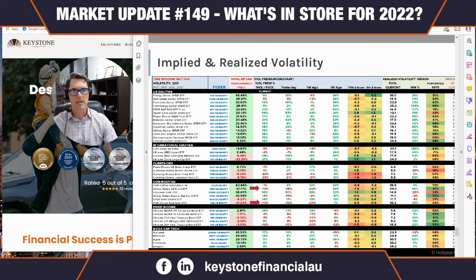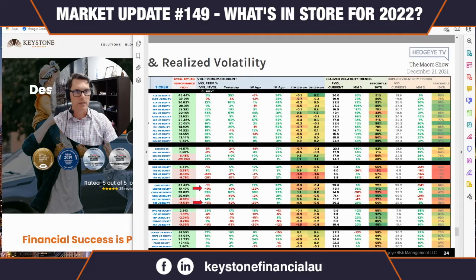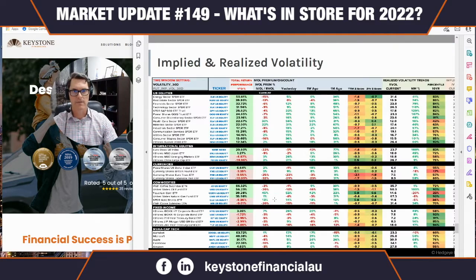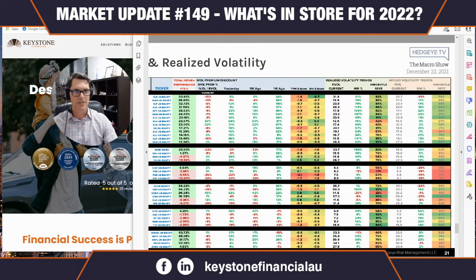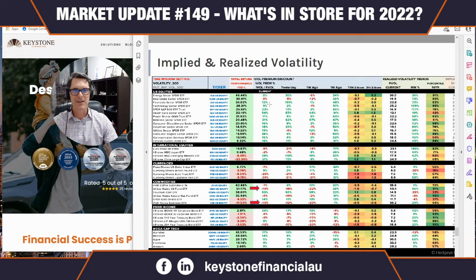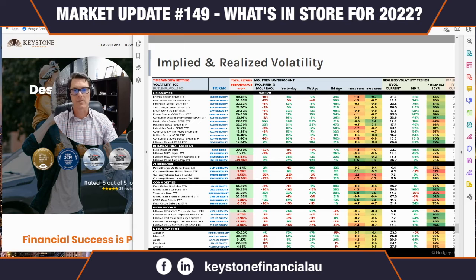So this is a table from, let's see if I have a date on here that I can quickly look at. Yeah, the 21st of December, so a couple of days ago. And I just want to go to the implied vol information here. This is from the 22nd, the following day. And what you can see here is we've gone from premiums, pretty much all green here in a lot of the macro ETFs that I use to put into portfolios, to lots of discounts.